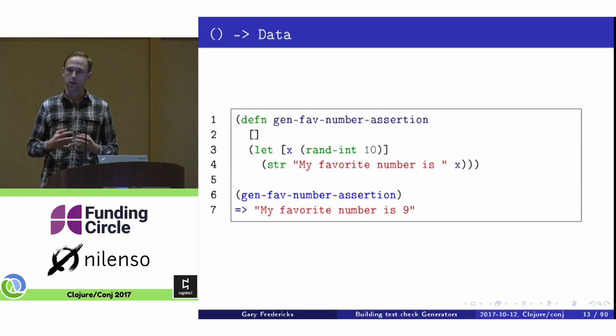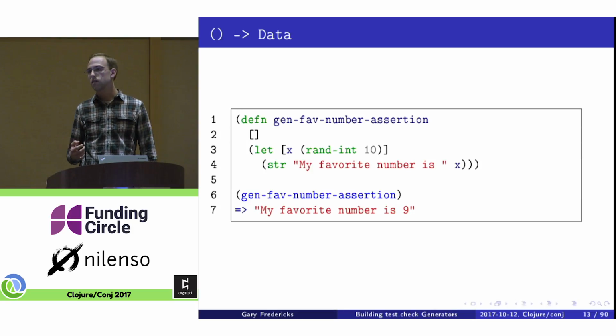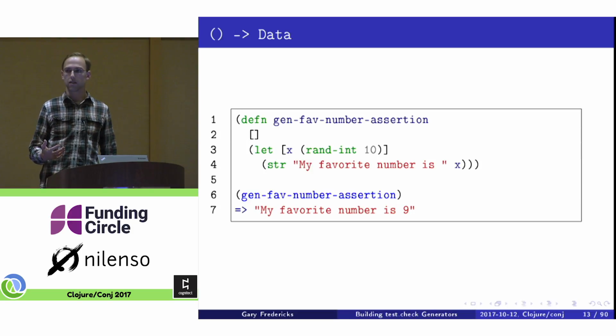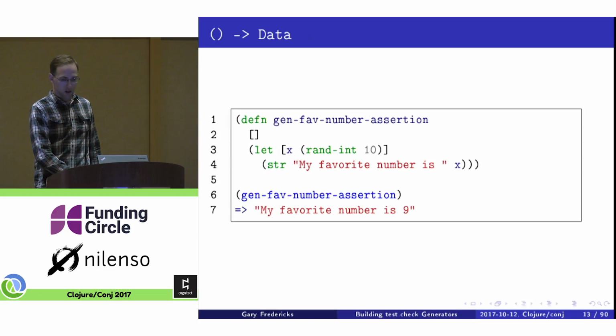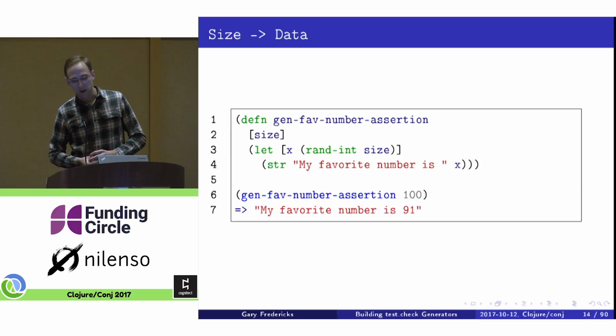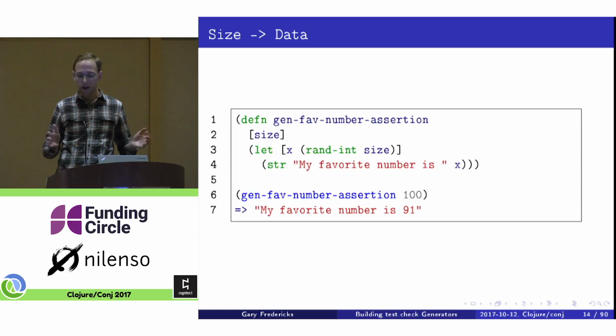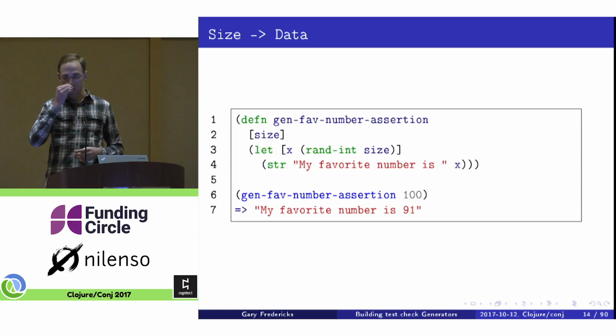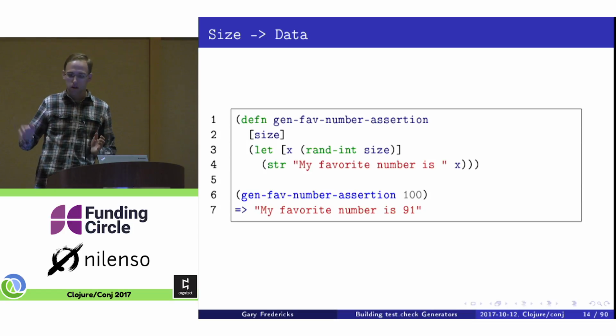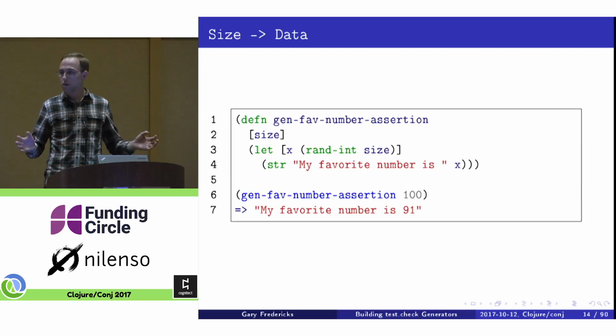start a test on very small inputs and slowly grow the size of the inputs. So it needs some way to tell the generator what size it wants. So the way test.check does this is with what we call the size parameter. It's sort of an abstract idea of size. It's implemented as just a number from 0 to 200 or so, and the generator gets to interpret it however